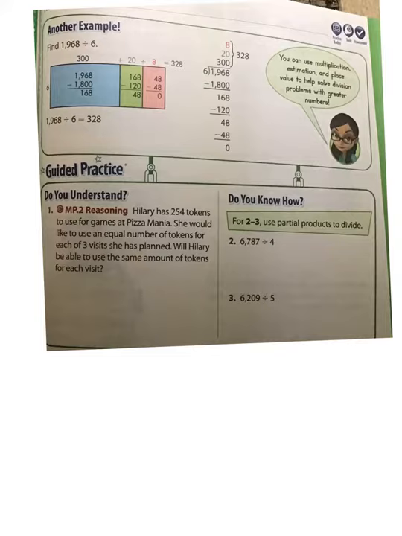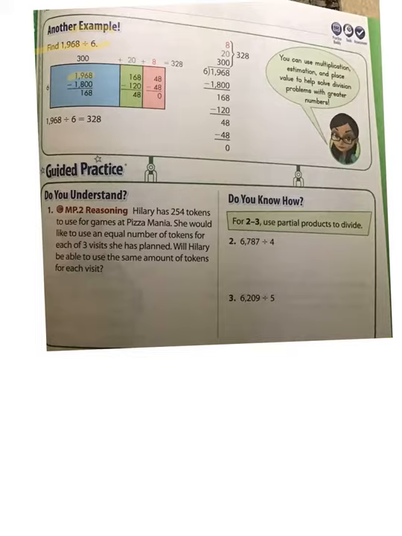Take a look at the question on another example. We're just going to practice with partial quotients one more time. Then after that, we're just going to do it how we have been practicing. We want to find 1,968 divided by 6. So in our blue box right here, we have